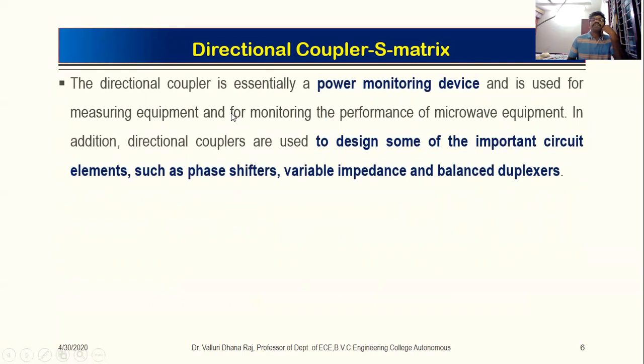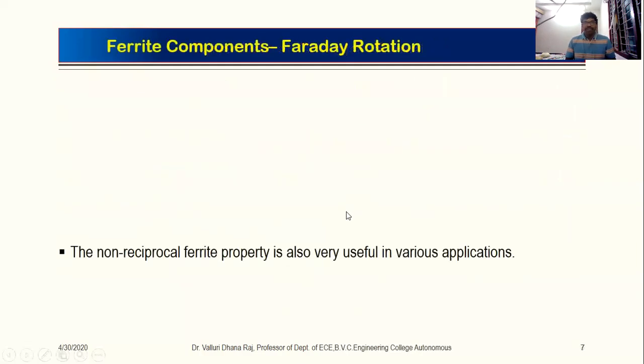So the directional coupler is easily considered a device for power monitoring, and it is finding applications in several areas where microwave power measurements are required. It is also used in phase shifters, variable impedance, and balanced duplexers. These are the applications of the directional coupler. So it is one of the important devices in microwave